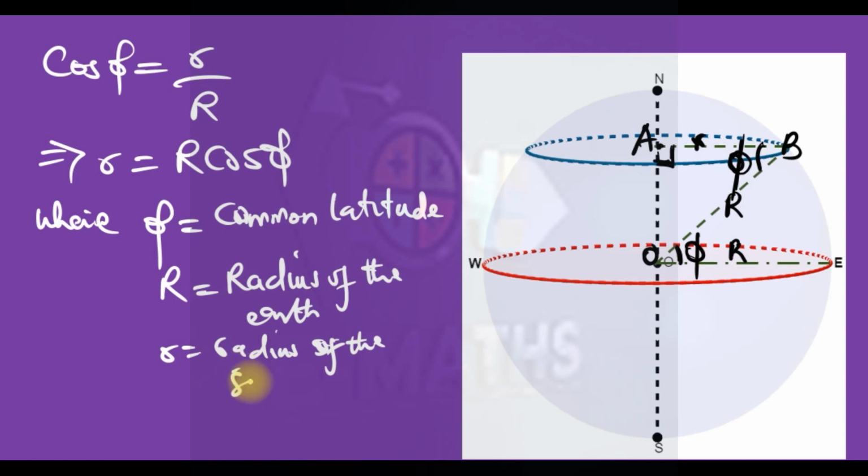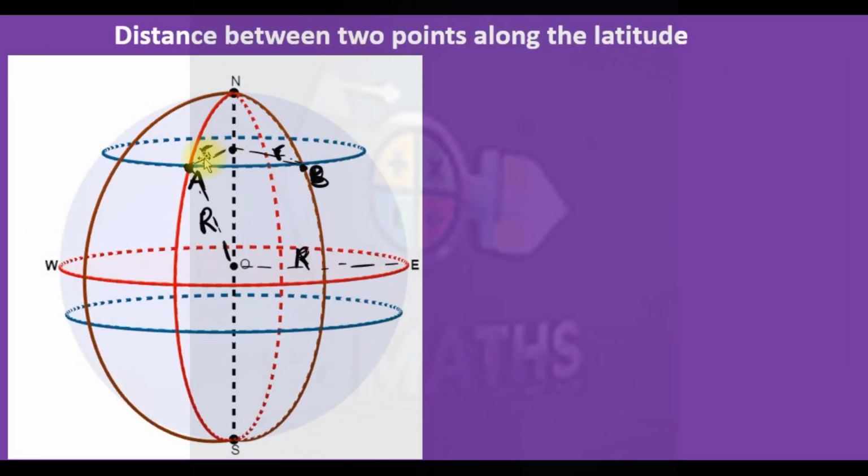Maybe let's write radius of the small circle. So each time we are to find the distance between this A and B,